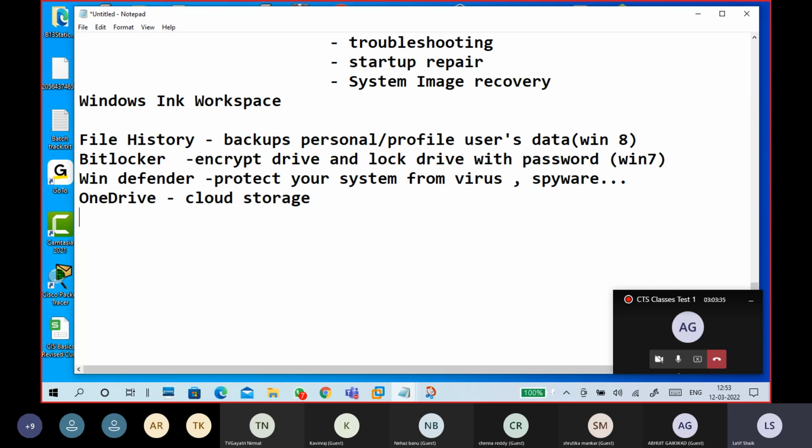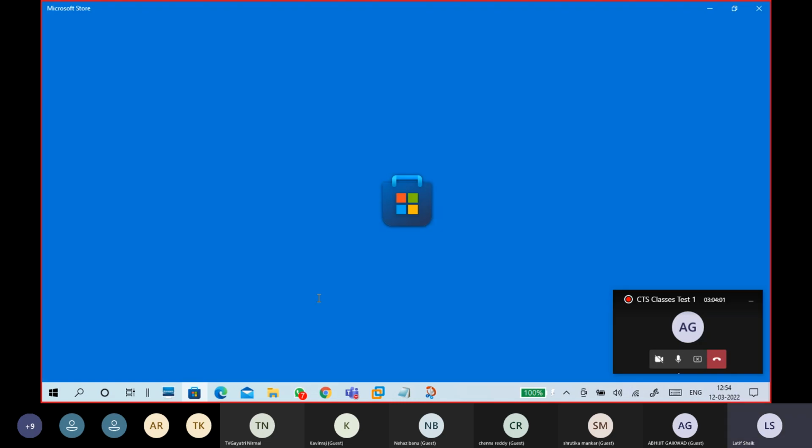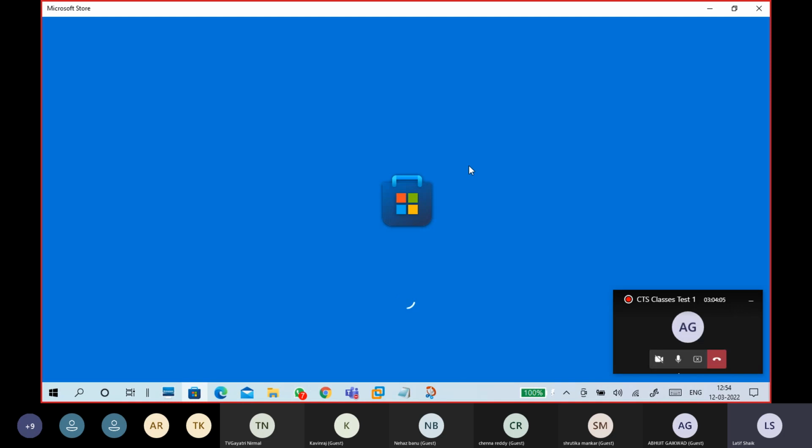One more is there. Windows Store or Microsoft Store. The earlier name is Windows Store. Now it is Microsoft Store. So it needs a Microsoft account. It is like your Play Store only. This store is not for storing data. This store is to